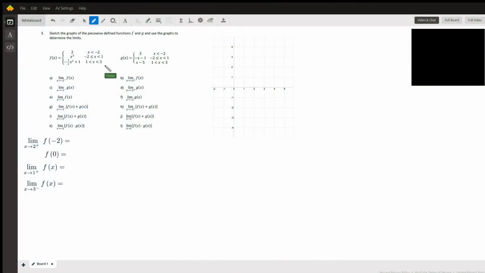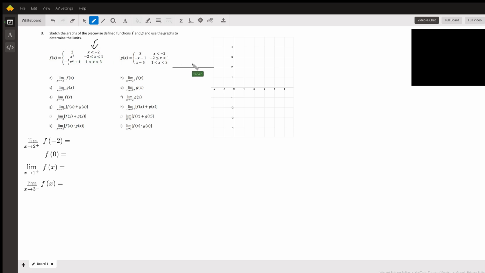f of x, and the same logic will be applied to g of x as soon as this is done. So first off, when x is less than negative 2, f of x is just equal to 2. And it's just going to be a line like that. Except, very important here, when you look at the inequalities, x never is equal to negative 2 for the first